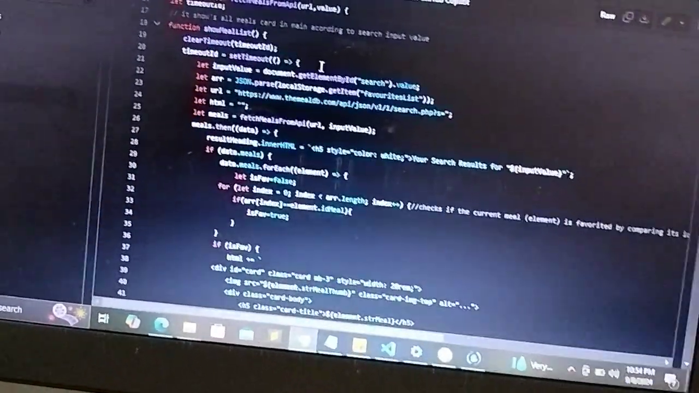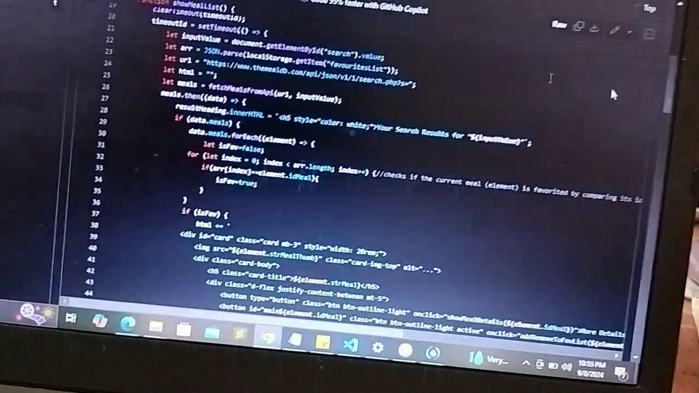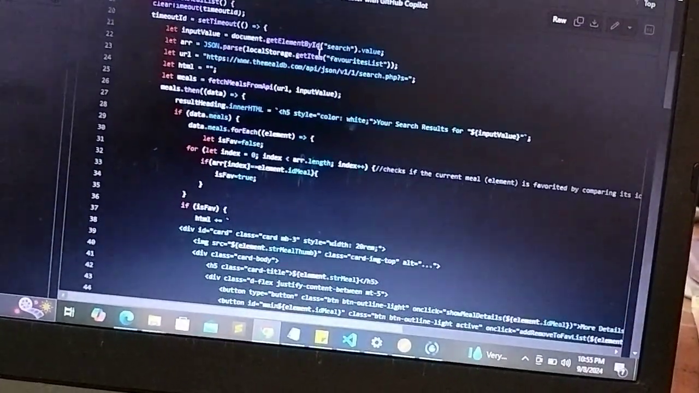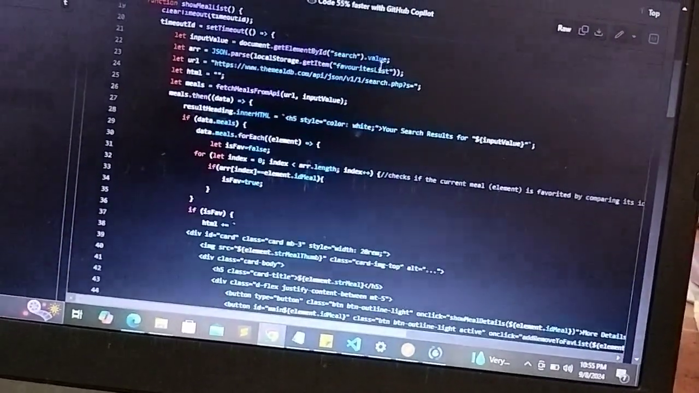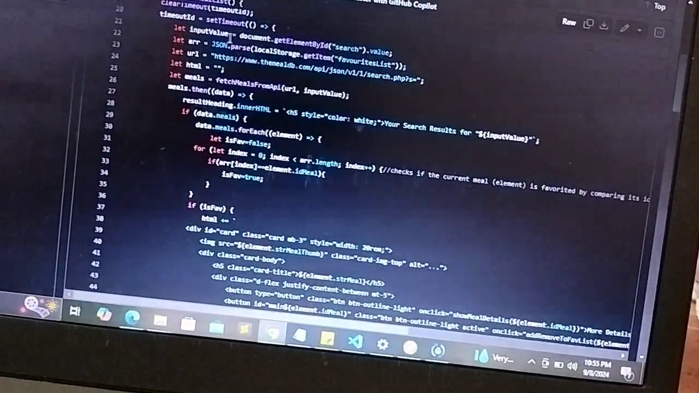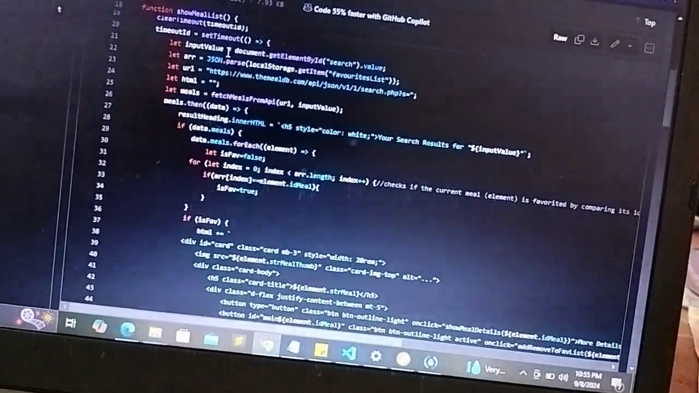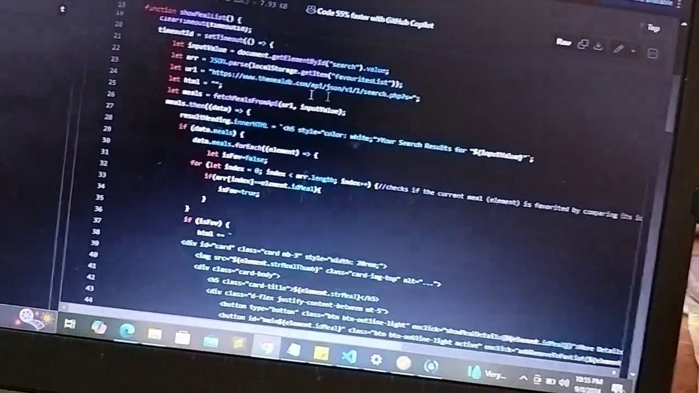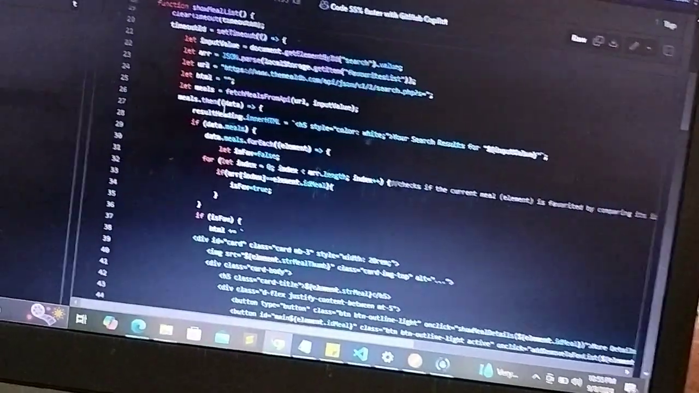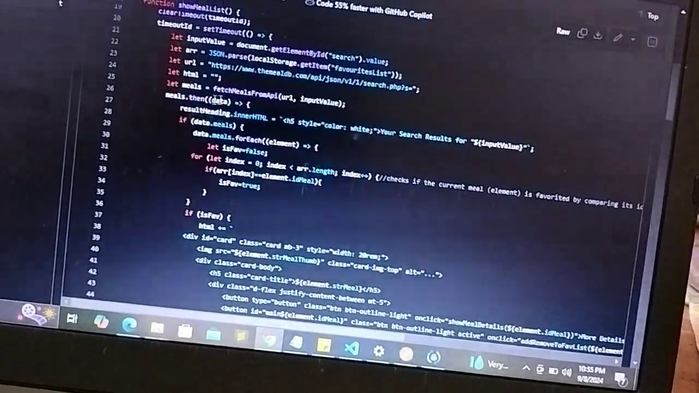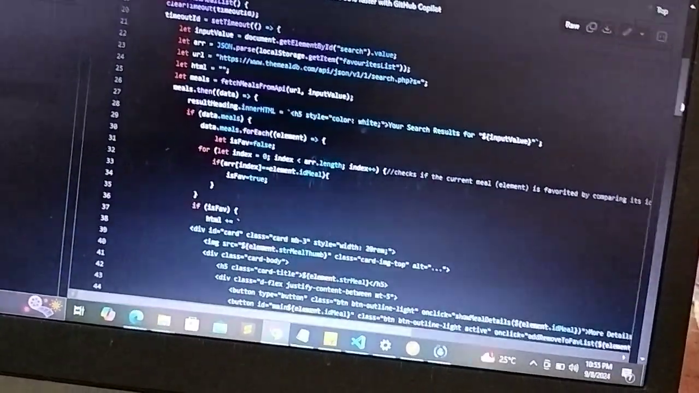Now coming to another function called showMealList. Here also we use document.getElementById search .value. So this is the value of the input box which we have searched, and then the URL, and then an HTML variable that is empty, and then meals. Here we are fetching it through the API,